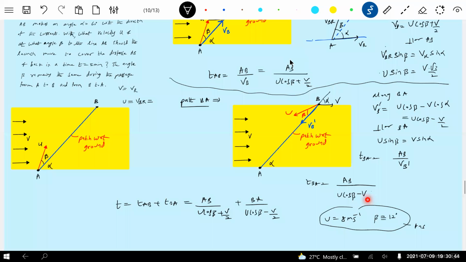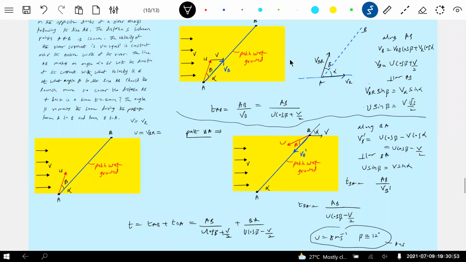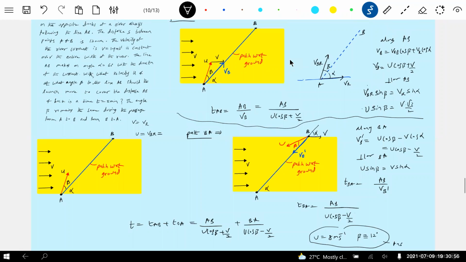Now you have to ask me questions. So you are doing this problem in a different way. Earlier you said to use the formula for velocity of swimmer with respect to river. I am still sticking to the same thing. Instead of along x and along y, now we are describing the problem along the path. Earlier the problems we discussed were along the river current and perpendicular to the river current. That was the method I brought. Now along the path we are resolving the velocities. Hope I was able to make it understood. So this will be much easier. If you want, you can describe along x, along y, but a lot of maths will be encountered. That's why this will be the safer method.